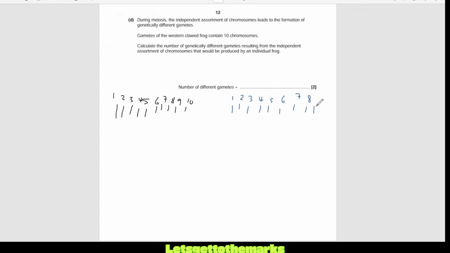Okay, so how many different gametes can be made? Oh my gosh, what happened there? Yeah, that's supposed to be like that, and then 10. Okay, so you've got 10 different chromosomes from mum, 10 from dad. Calculate the number of genetically different gametes resulting from the independent assortment of chromosomes that can be produced by an